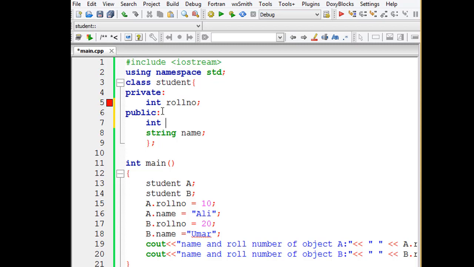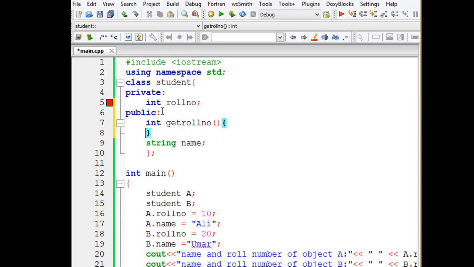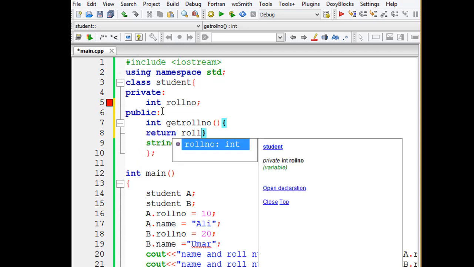So we give the return type as int and then getRollNumber, with empty parentheses and starting and ending curly braces, and then we simply return the roll number.